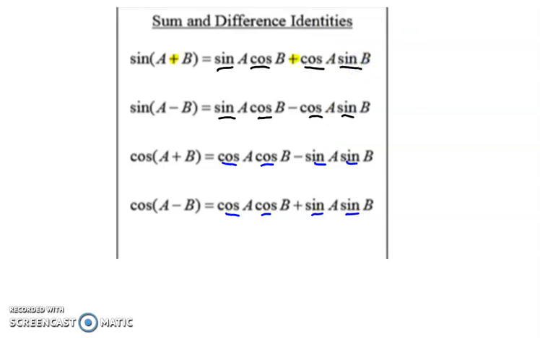Plus is plus, minus is minus. Versus with cosine, you have plus, then minus, and then minus, then plus. So these are things to keep in mind as you're working, because now we're going to work backwards a little bit. So if we look at example 2,